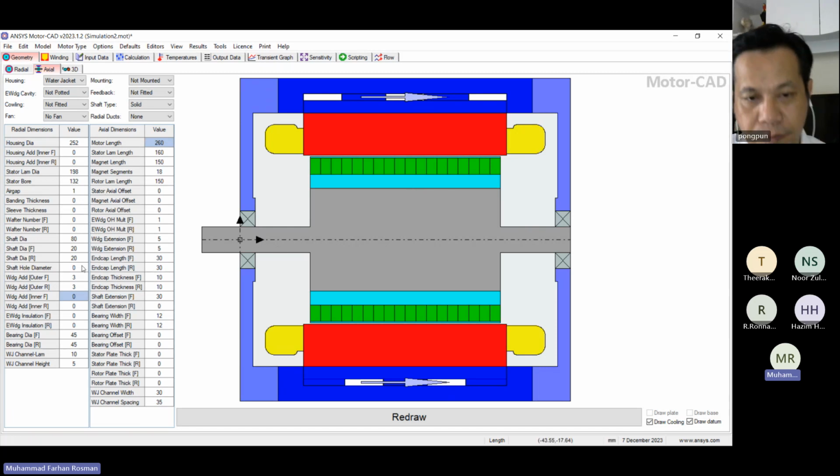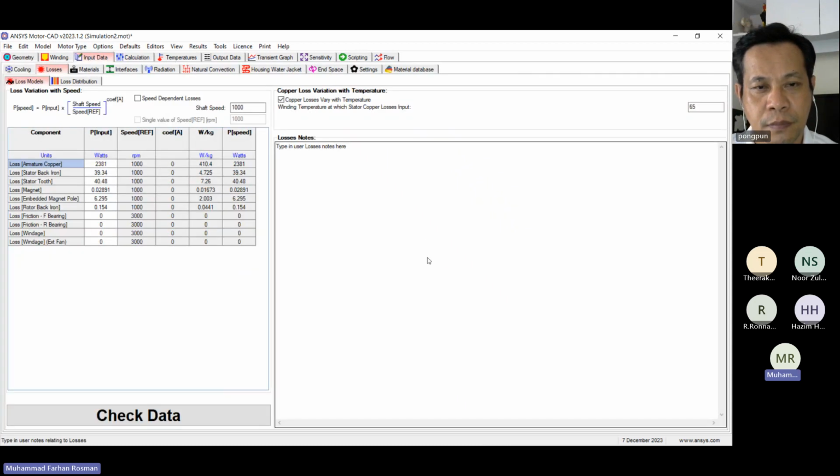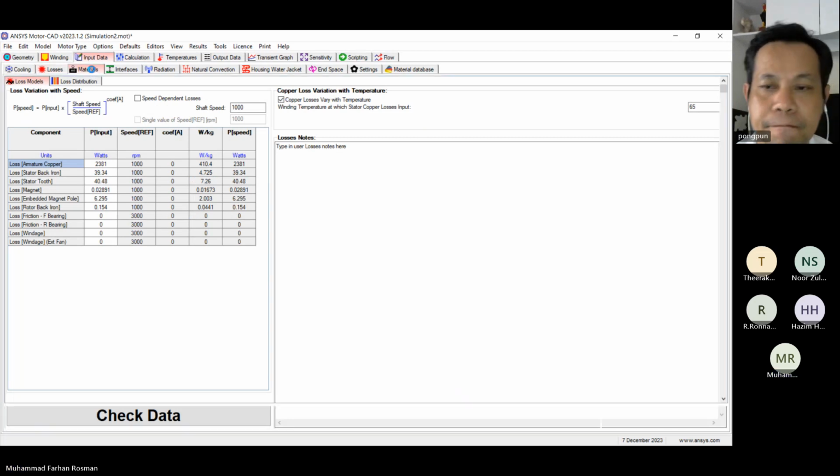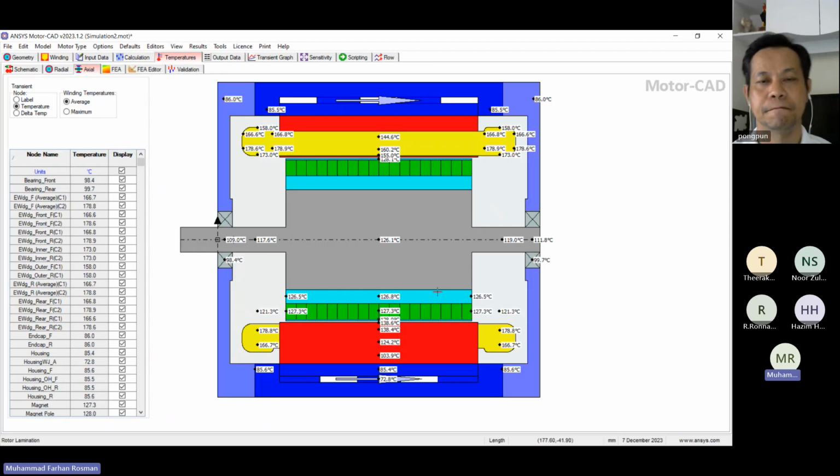So you just change the number here, and then you get a new and different model of the motor, and you can simply see the temperature as fast as it goes. So that's pretty much it for the steady state and transient analysis for